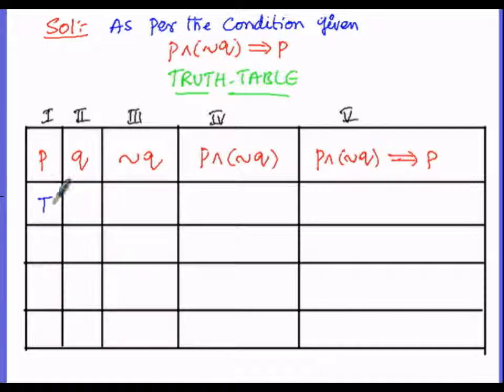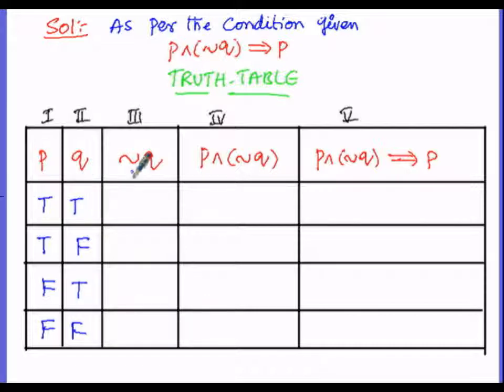Both the statements may be true, that is P as well as Q. The truth values of both statements may be false. If the truth value of the first statement is true, then the truth value of the second statement, Q, will be false. If we assume the truth value of the first statement P as false, then that of Q will be true. These are the four possibilities when there are two statements. If there is only one statement, there are only two possibilities, either true or false. But if there are three statements P, Q and R, then there will be 8 possibilities.